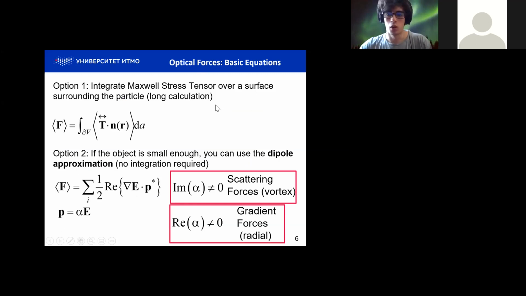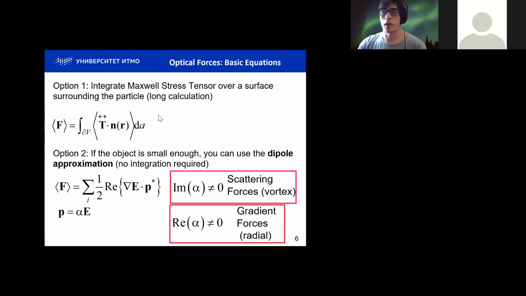Okay, so first I will give you the basics. I am not sure about your background with optical forces, so here I just gave the equations that we use, but it's not my purpose to actually explain the derivation of these equations, because the idea is to show you how to use COMSOL, not to explain the physics. But in any case,